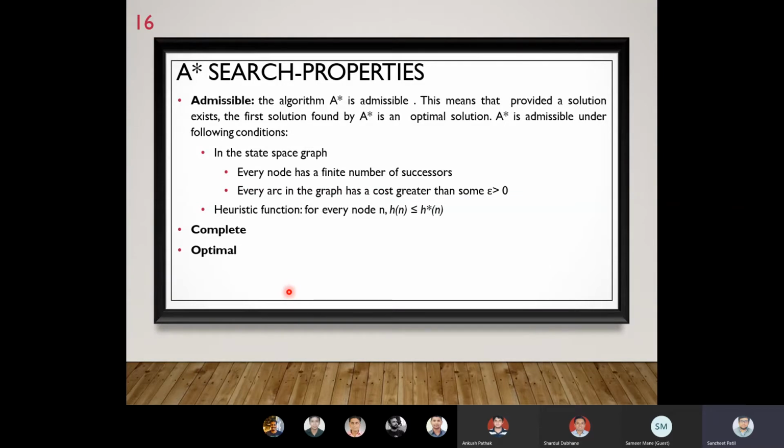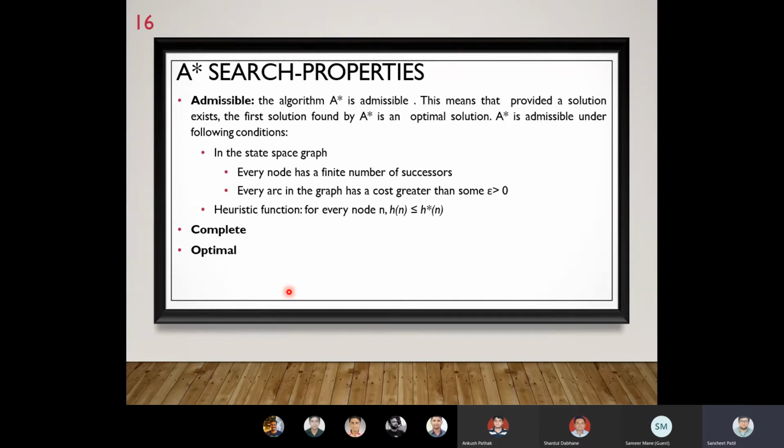You can't have negative cost. The cost we define on edges, like from A to B, B to C, C to D, should not be less than 0. It should always be greater than 0. If the value goes negative, it might get disturbed and may not give you the optimal solution.